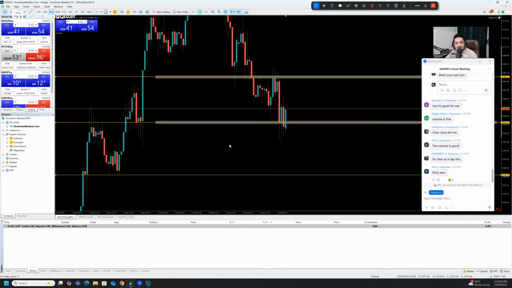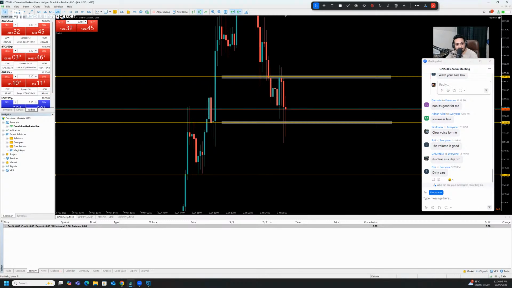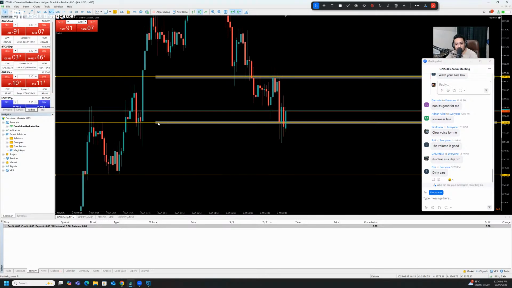So just waiting. Look at the wick, it's rejecting right now again. No confirmation yet. Just printing side by side. Candles are printing side by side. Just need some strong confirmation. I just want to see a healthy body candle, which shows me great volume in it.